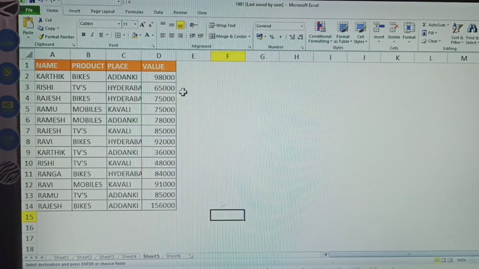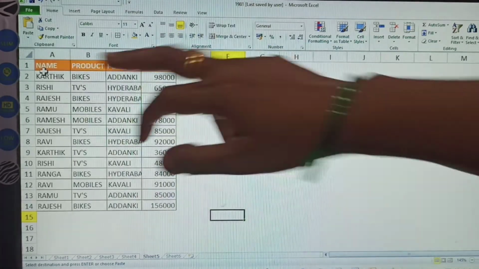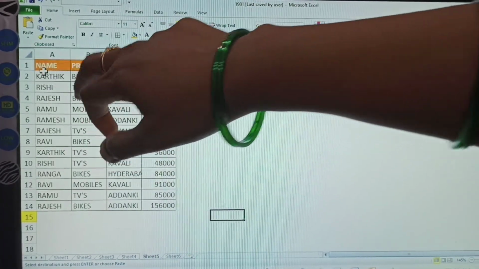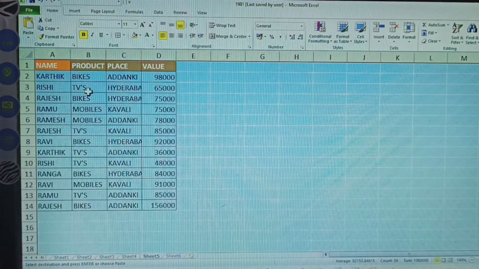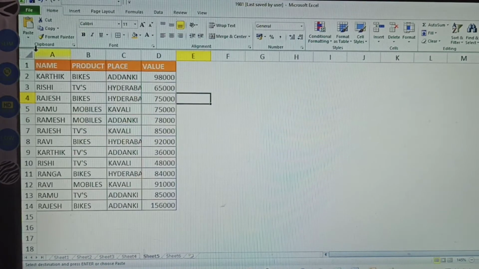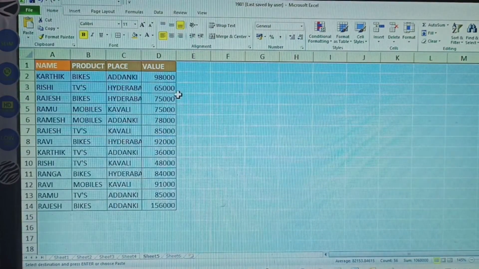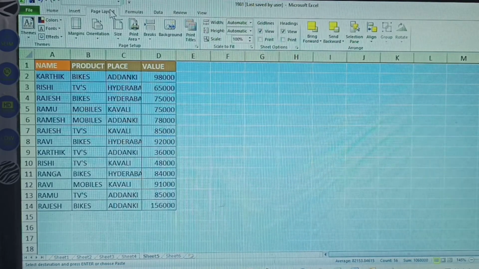See here, in this one, the last one, the triangle down is there. First that one is selected. After that, go to the printing page layout.